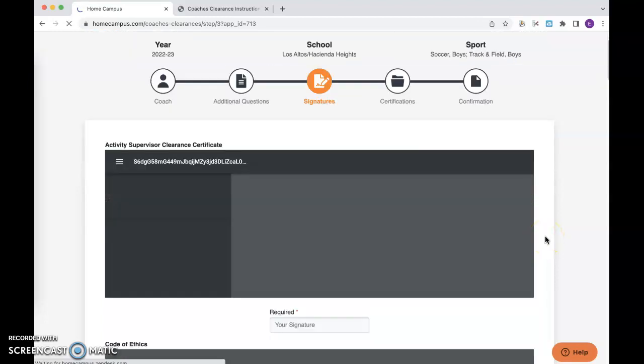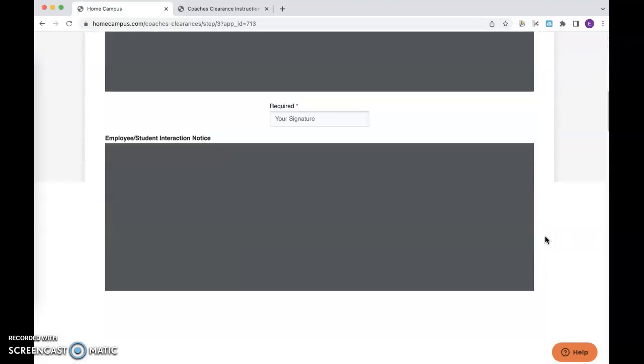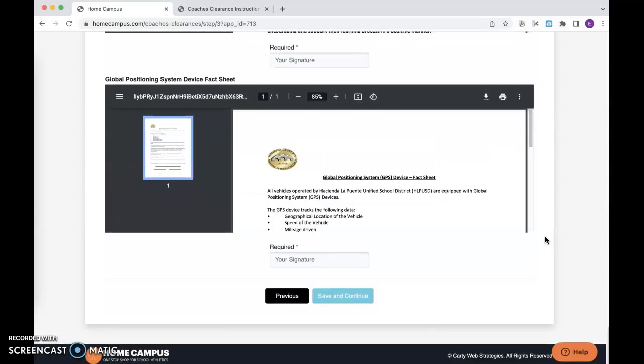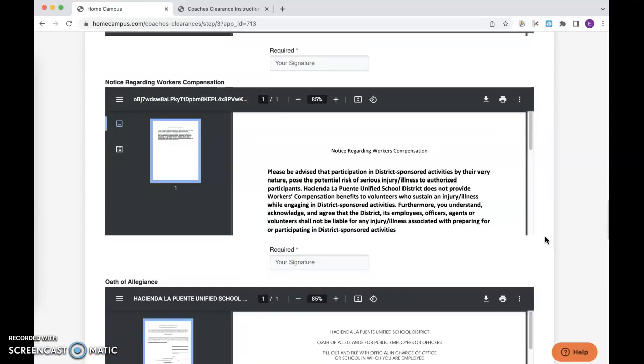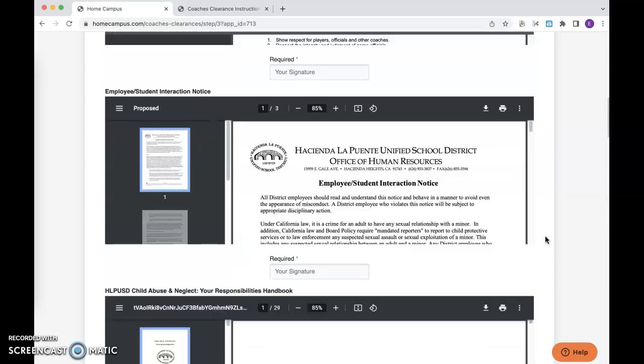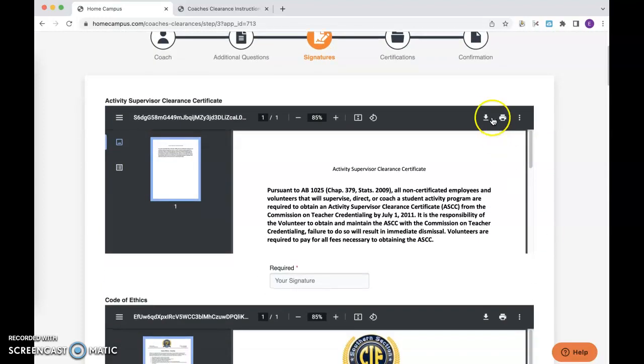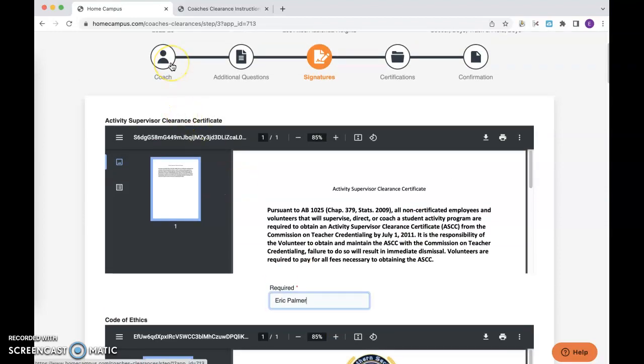This is the online signature page. There's a number of documents that you can review. These are district documents that come from the Athletic Coaches Handbook. You can download them, you can print them if you would like, but once you review them, you're going to go ahead and type your name exactly as it appears in the coach's information section, and that will serve as